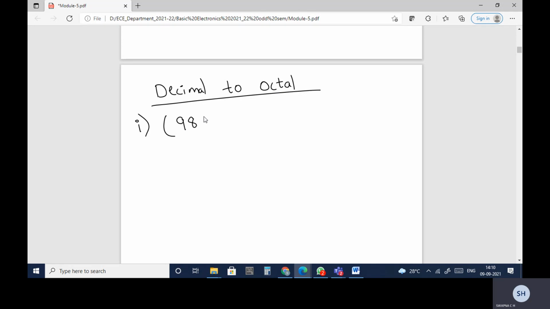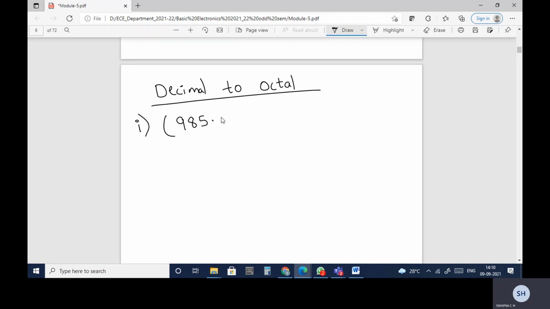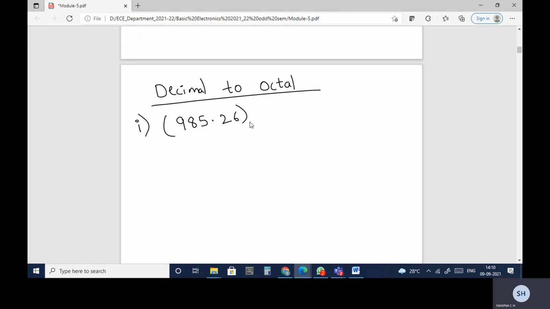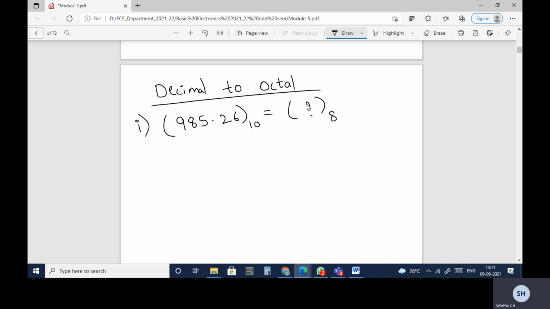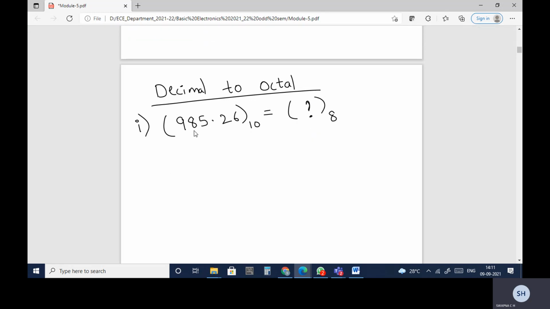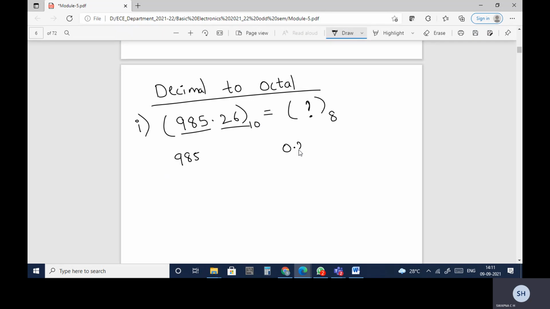So let me take as an example 985.26 base 10, that I need to convert to base 8. So here I put the question mark, and you need to find out what that question mark is. Here, if you observe, I have the integer part as well as the fractional part. The integer part and fractional part should be separated whenever you are converting from decimal to any other number